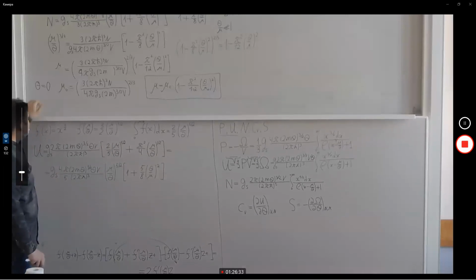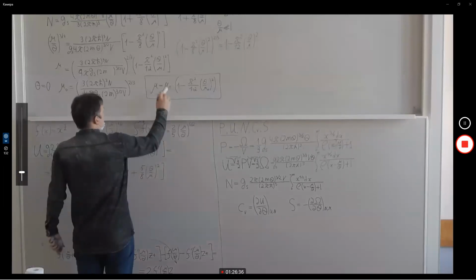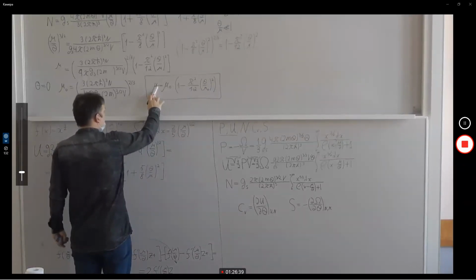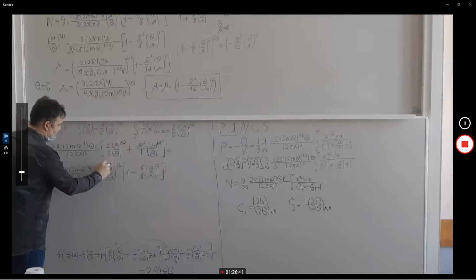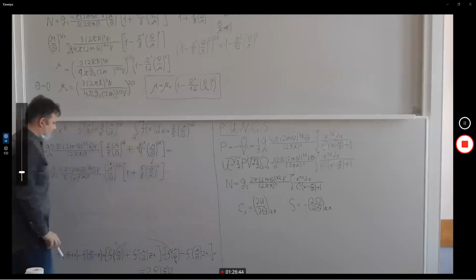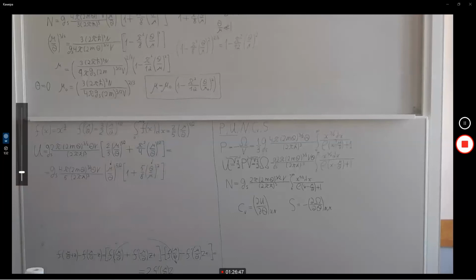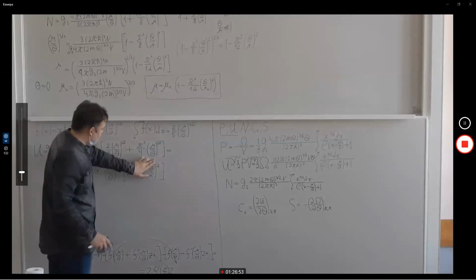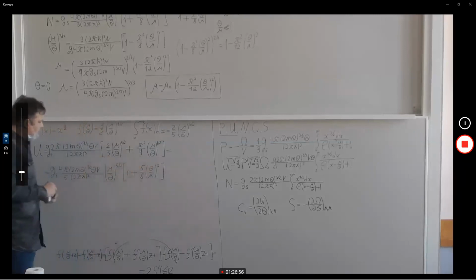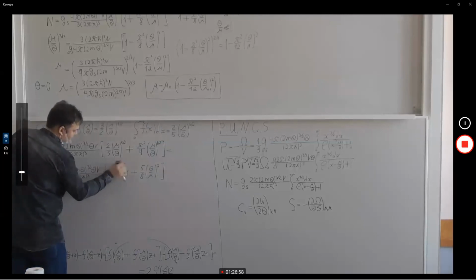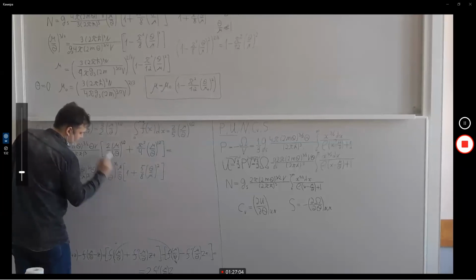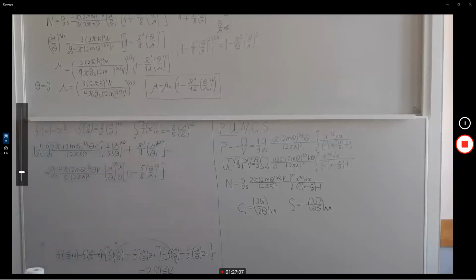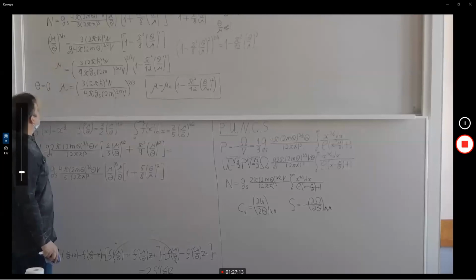So what should we do? We should substitute this value of chemical potential here and here. And I do a little simplification. Instead of direct substitution, I will write here mu divided by theta to the power 3/2 and mu divided by theta here. And we know that mu divided by theta to the power 3/2